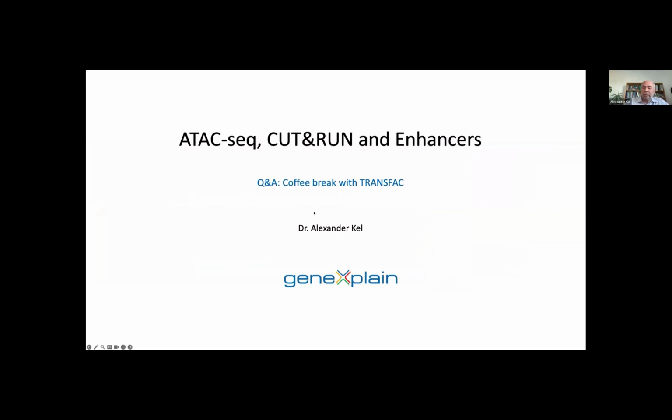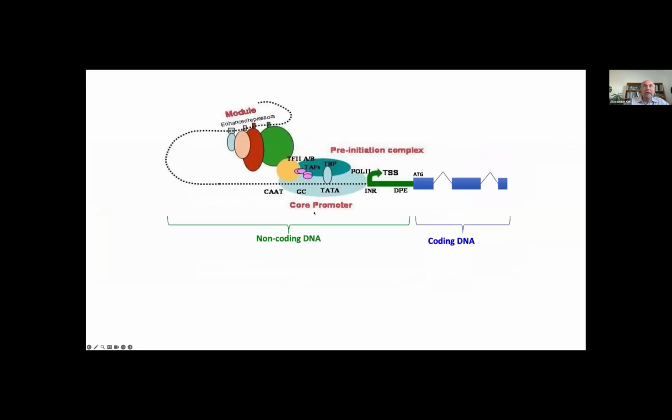And what we are talking about today is promoters and enhancers and how they control gene expression. And this is a general schema. Of course, you understand this schema because you are here. You must be familiar with what transcription factors are and how they bind to DNA. So I'm not going to tell you these basics, just to remind you what we usually call promoters